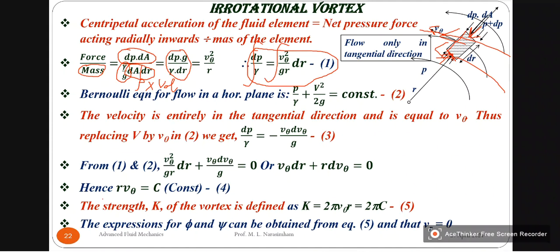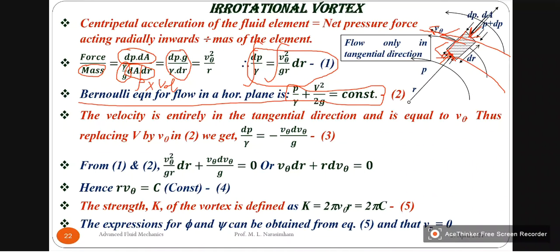So, I'm sorry, you just leave it. Now, before that integration, we have to substitute for, we can take the help of Bernoulli's equation. When I take Bernoulli's equation, P by gamma plus V square by 2g is constant, taking the datum as the plane. So Z is equal to 0.